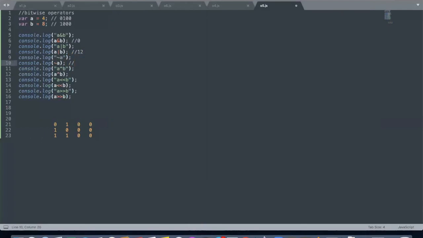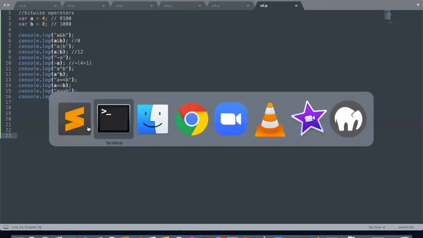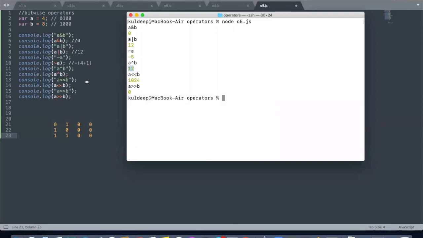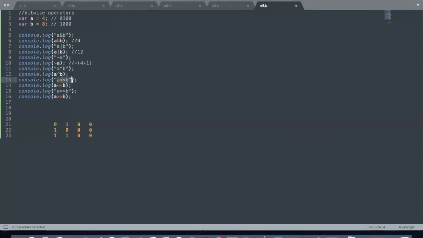Next, this thing is very simple, guys. Just increment the value. The answer for 4: just put the minus sign and the incremented value, that is 5. So that is actually 4 plus 1, that is 5. That's why you're getting -5. In XOR, how is the answer? If the values are the same, just give 0. If the values are not the same, give 1. So 1, 1, 0, and 0, right? That again comes up to 12. So that's why your answer was 12.